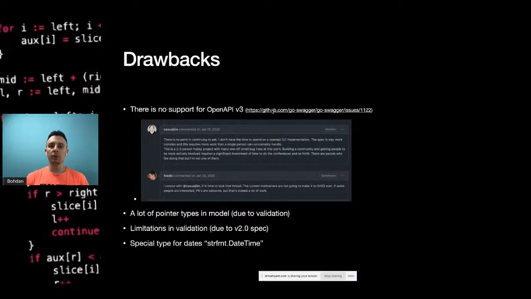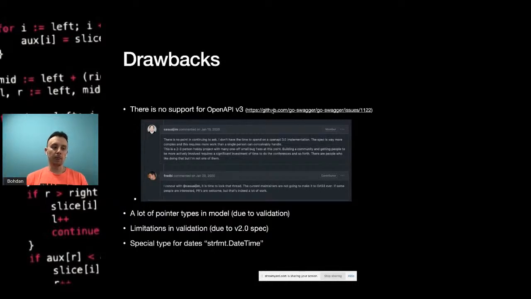What does Open API v3 bring us? First of all, there are lots of new standards, lots of new validations, etc. So much more functionality right there. And this is not actually the Swagger API now. Now it's Open API. So this is a de facto standard, which is an open standard.